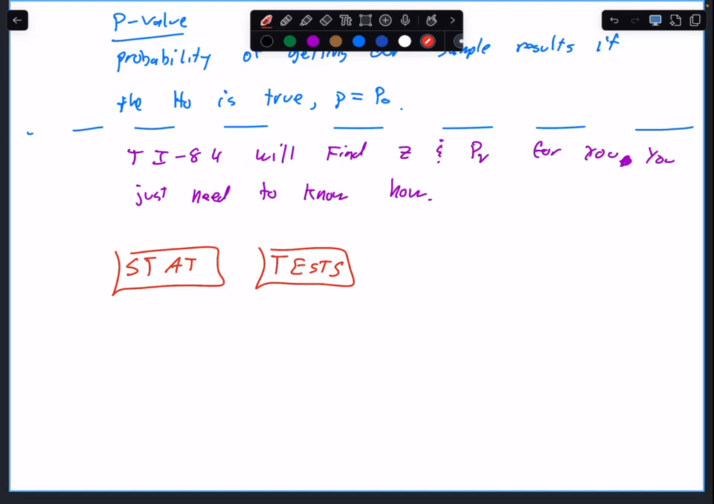Stat, test. So please place that. If you're not following along with these buttons, you're screwed on this exam. Stat, you're going to go over to test, and then you're going to go down, and